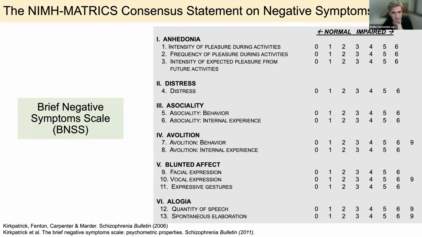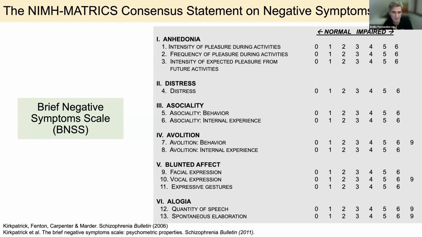Back in 2006, the National Institute of Mental Health in the States gathered together all the researchers about negative symptoms, aiming to agree what the measures would be. How can we find a new statement or a new scale to measure negative symptoms? And they came up with two of them. I'm more familiar with anhedonia, with the BNSS, and this is the scale that contains the five symptoms plus an